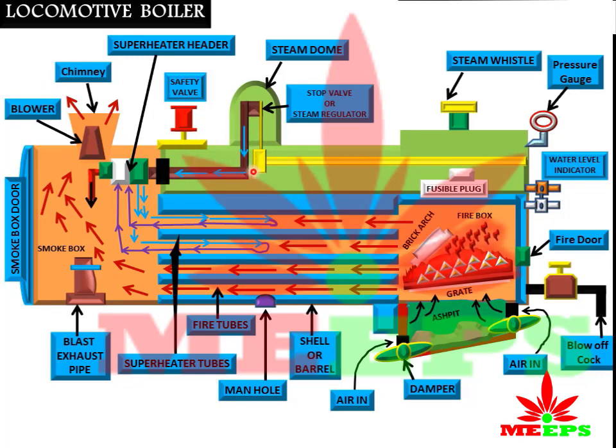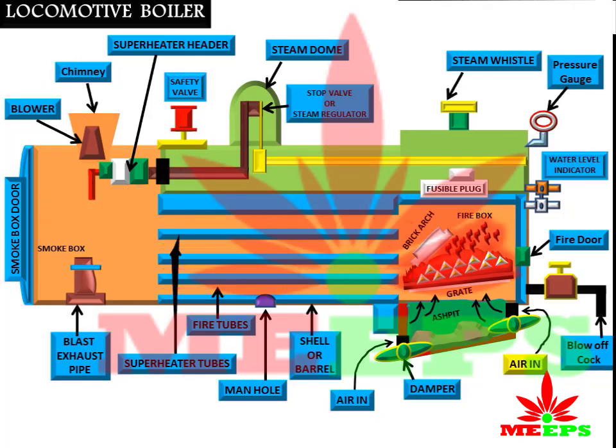flows through a steam pipe. This is a steam pipe into the chamber. The flow of steam is regulated by the steam regulator. So this is the stop valve or steam regulator. The flow of the steam is controlled. From this chamber it passes through the superheater tubes and returns to the superheated steam chamber, that is not shown here, from which it is led to the cylinder through the pipes, one to each.